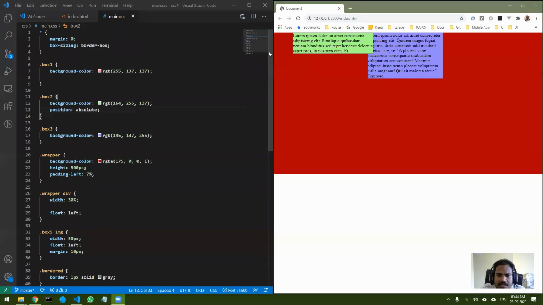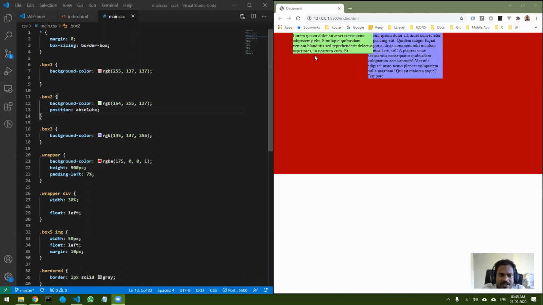This particular element, you may think it is positioned somewhere, but it is not positioned anywhere right now. What absolute positioning means is you are not positioning relative to any particular location, you are positioning relative to some parent.